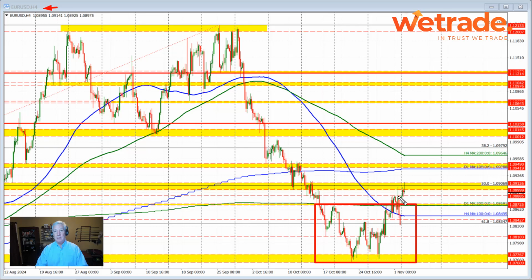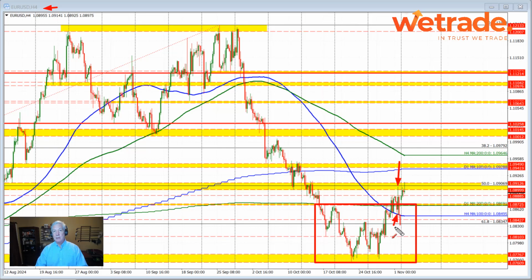On Friday, we had the U.S. jobs report, which sent the euro higher and the U.S. dollar lower. But we found resistance sellers near the 50% retracement and also near this swing area between 1.0899 and 1.09126. Buyers turned to sellers, and by the end of the week, we were trading back below the